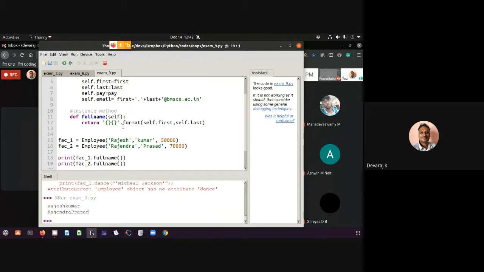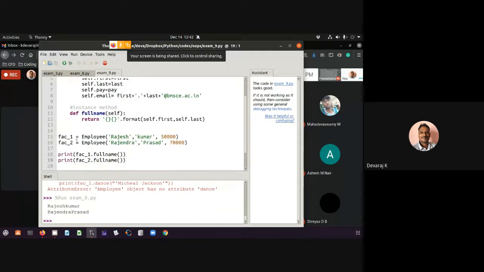Okay. So similarly, we can create a number of codes based on this. See, what is this actually? This is nothing but your class attributes.